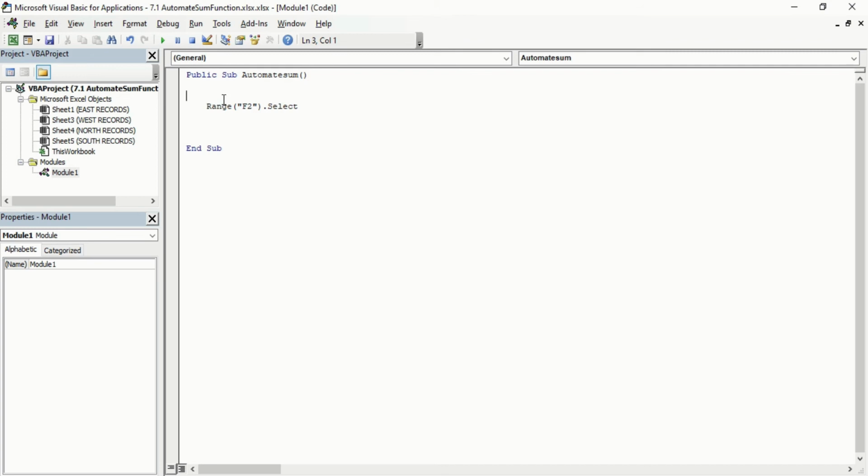Before going any further, I will write something that explains what I have written this for. It will be helpful to you in the long term to know what the code does. F2, select the F2 cell of the active sheet. So this is what our range will do.